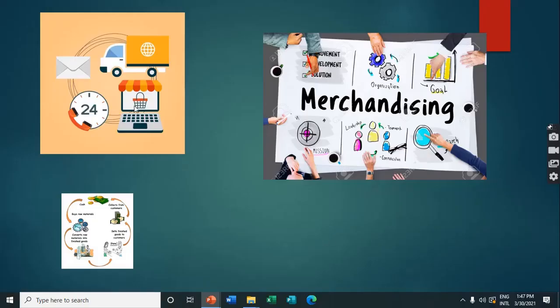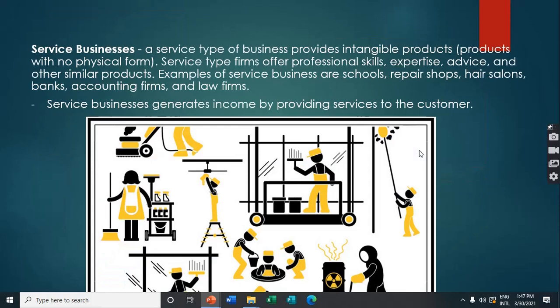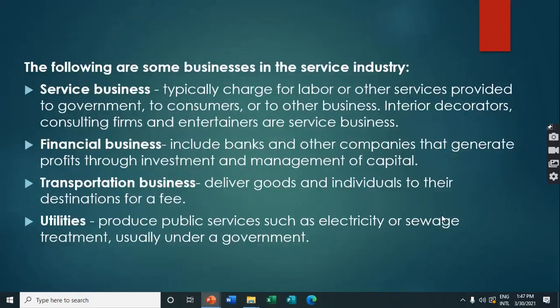So this is the service business, the manufacturing business, and also the merchandising business. What is done in a service business? What is done in a merchandising business? What is done in our manufacturing business? Now, let's start with